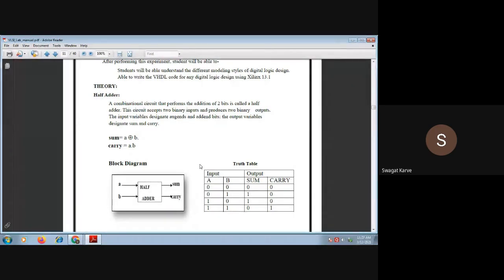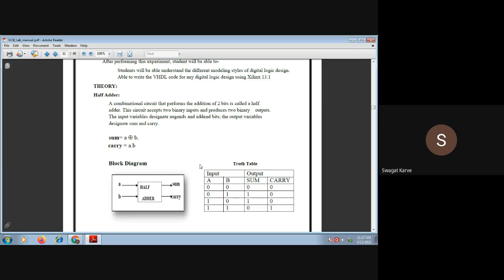In many cases, mostly what I have seen is mixed style modeling. Mixed style modeling means a combination of behavioral and data flow, or in some cases behavioral and structural, or data flow and structural. So you can go for that permutation combination. It is also mixed style of modeling.